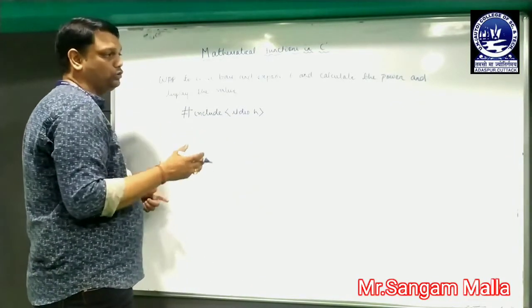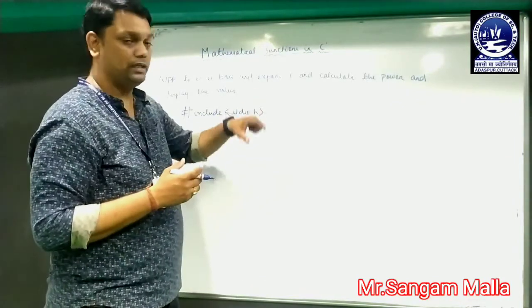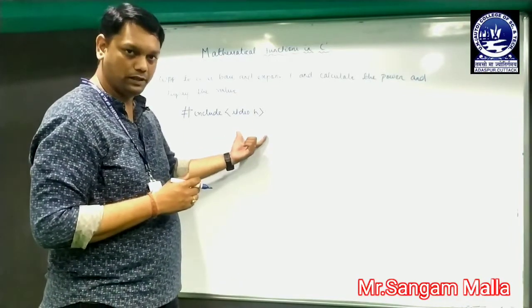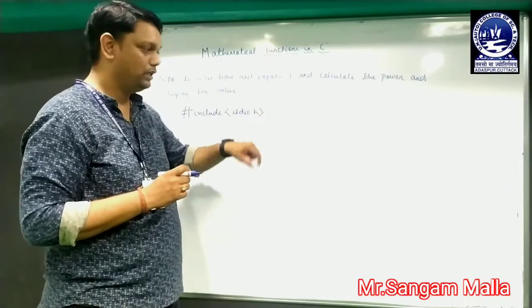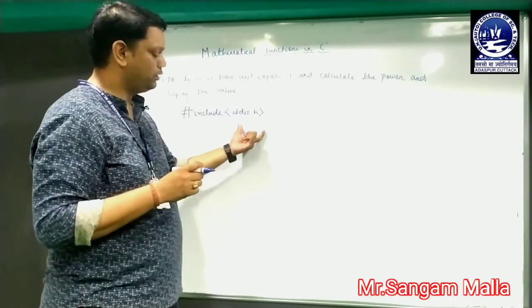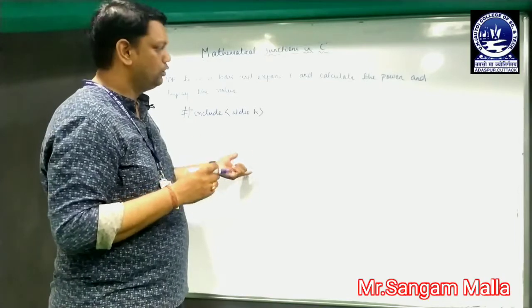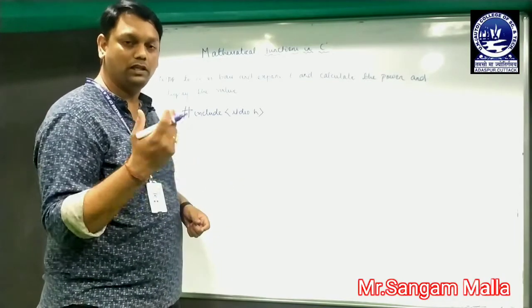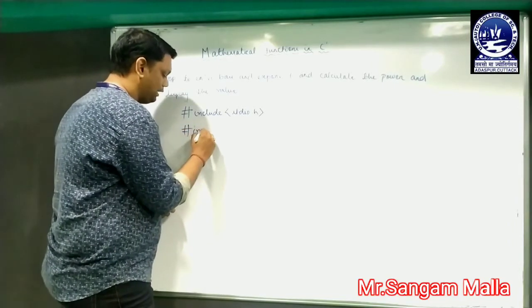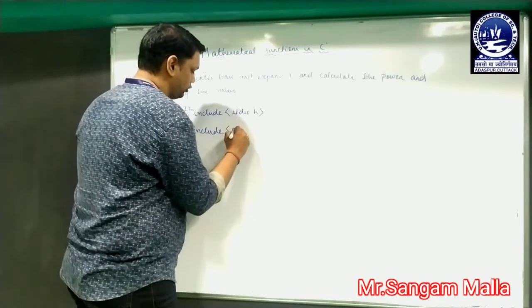Now in order to use the functions that are under the math.h header file, we have to include that header file, because pow is a special function that is stored under the math.h header file. If we do not include the math.h header file, we cannot use the pow function, and it will give an error message. So in order to use the pow function, we have to include the math.h header file.